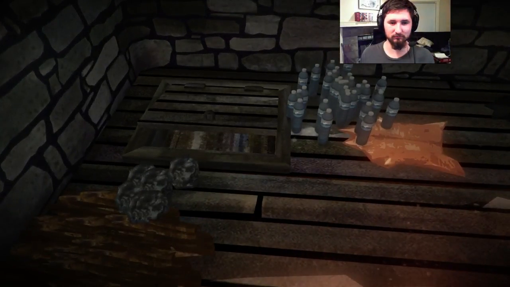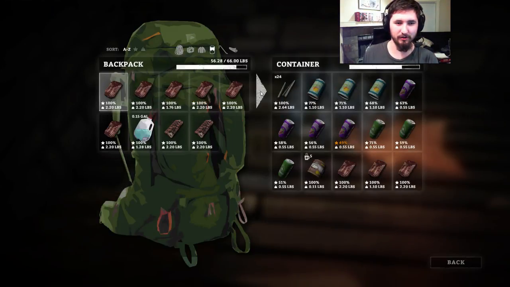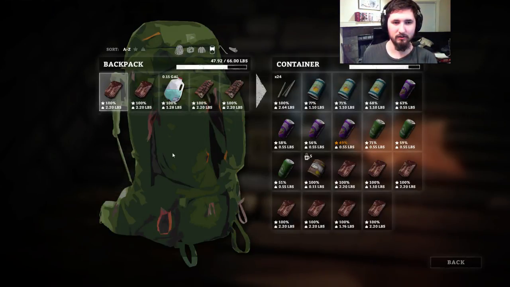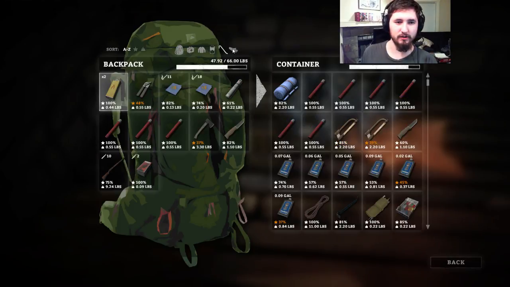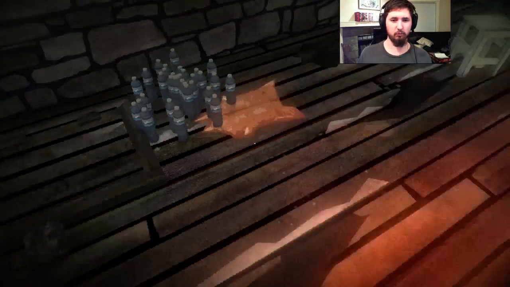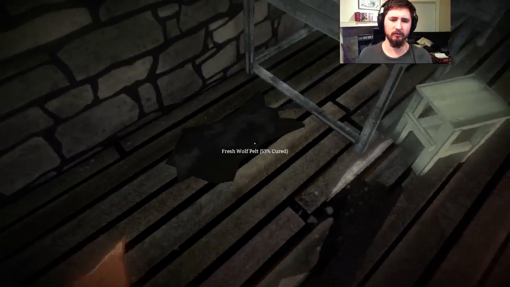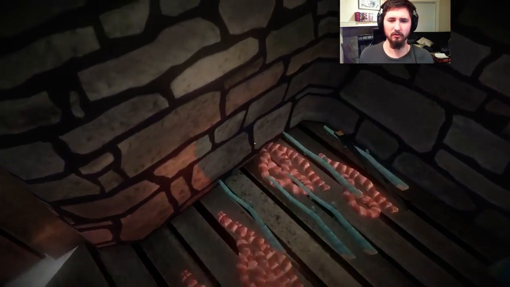Alright, we can store the extra food in here that we don't need right now. Keep that on me for now, 'cause I have this climbing rope, so I wonder if there's a use for that going up the mountain. Because I've climbed up one to get here and then down another one while exploring, so...